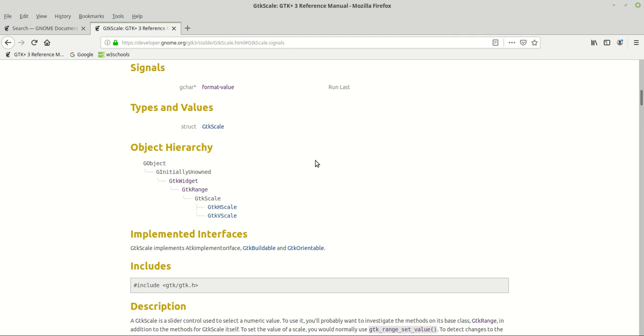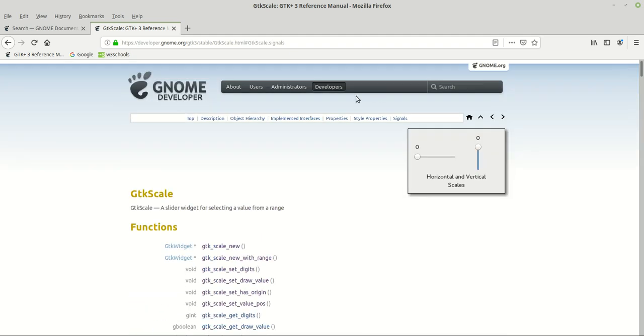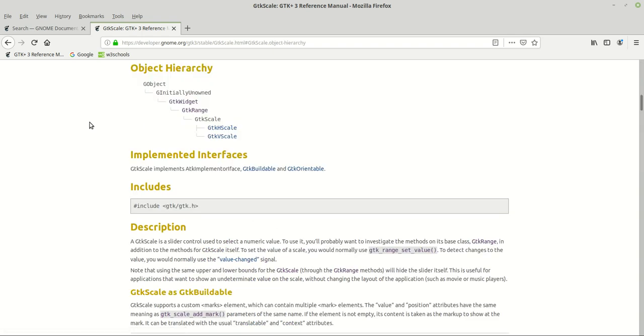But as we already learned, widgets or objects have a hierarchy. This means almost every object belongs to another object. So that being said, when we go to the object hierarchy, we see that GtkScale belongs to GtkRange and GtkWidget and so on. So when we go now to GtkRange,